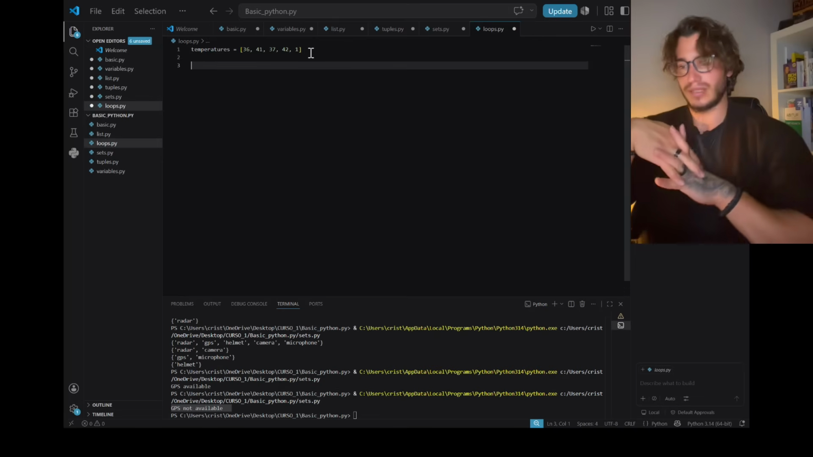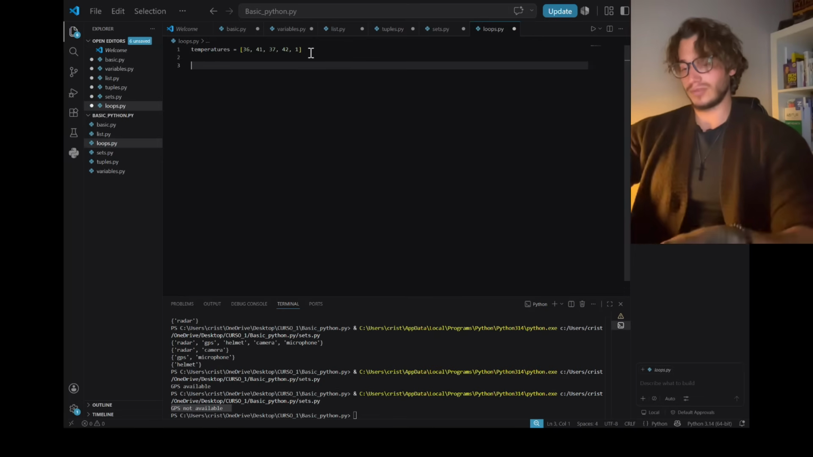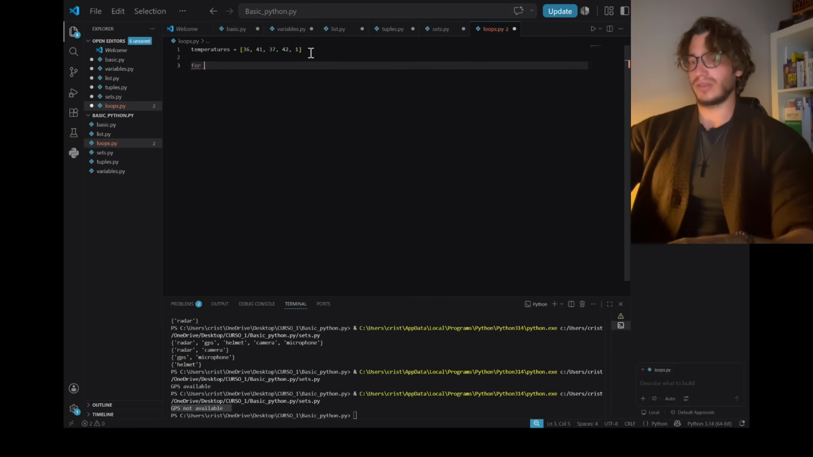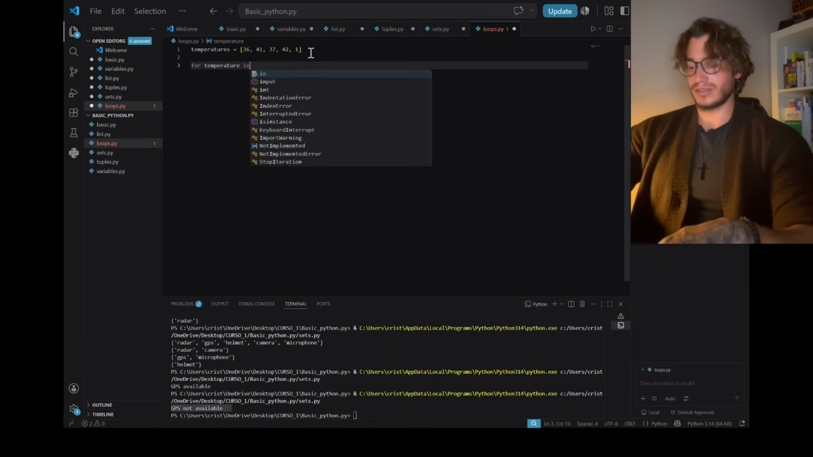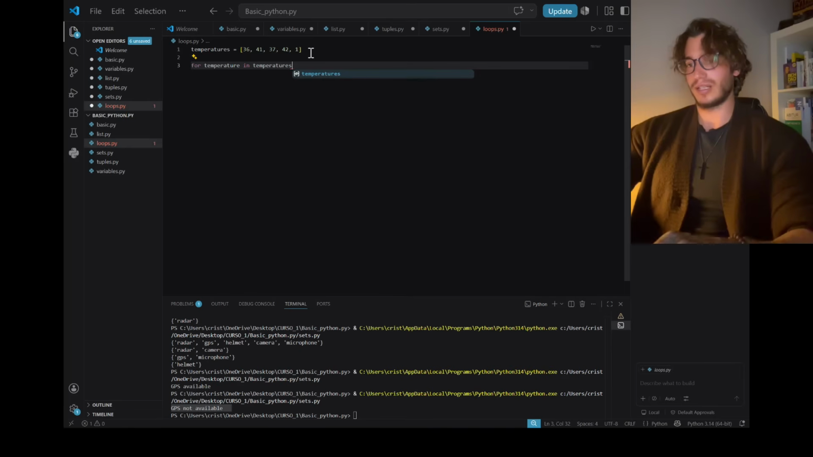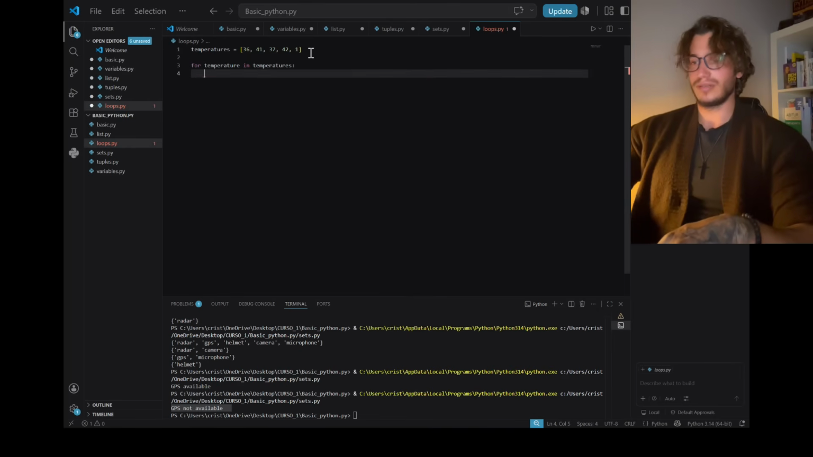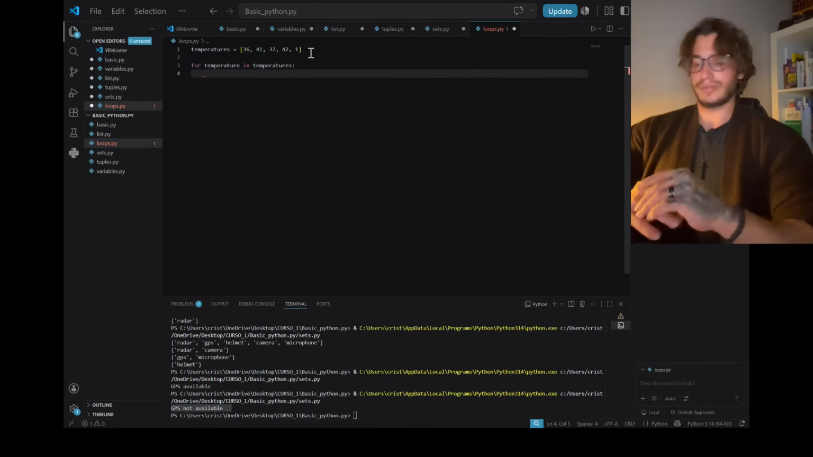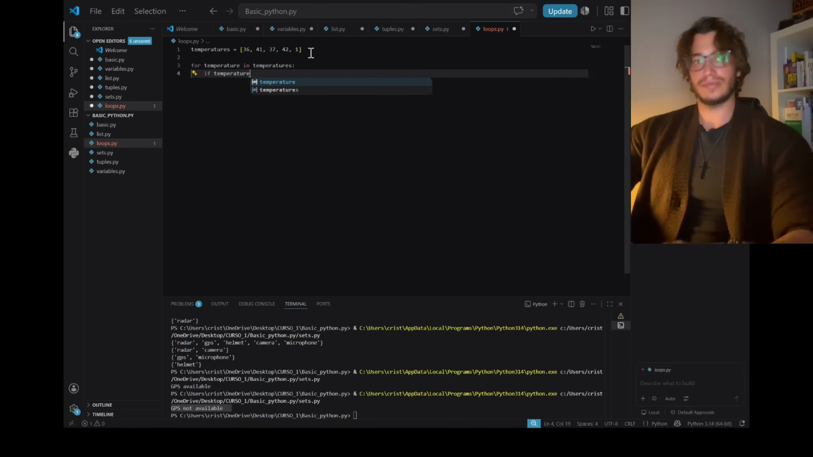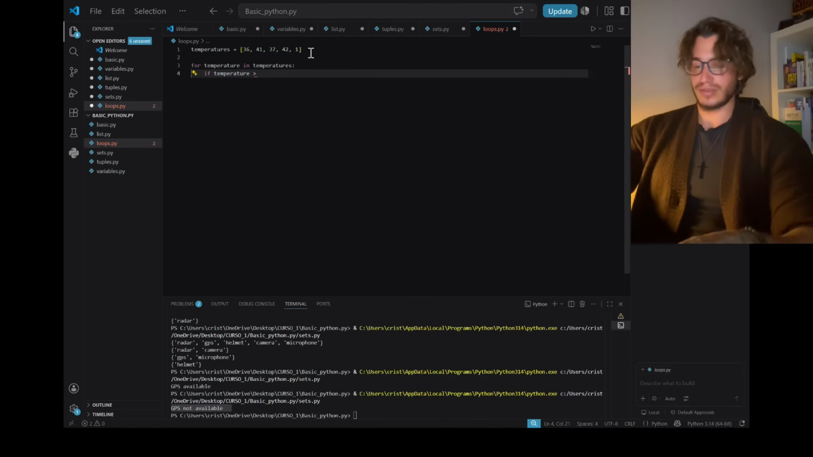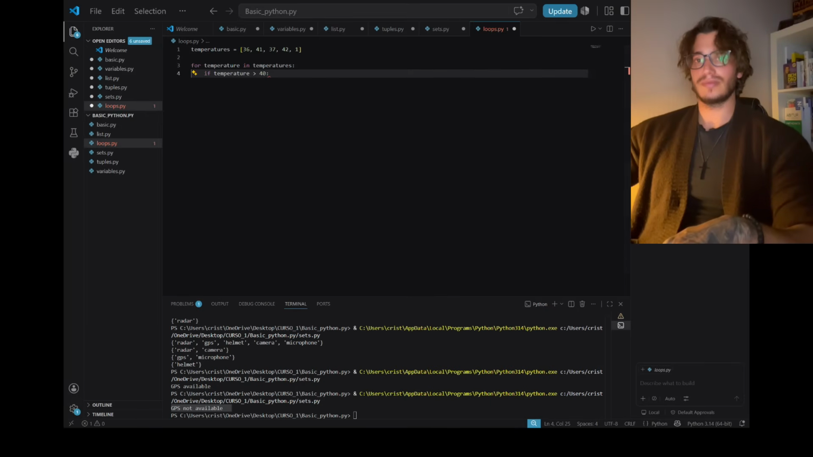Okay, we have a list, and now we want to do a for loop. I'm going to put the for loop and then explain what the for loop exactly does. It could look a bit confusing, but I'm going to try to explain it in a way that maybe you will get it pretty quick. If temperature is greater than 40, then I want to